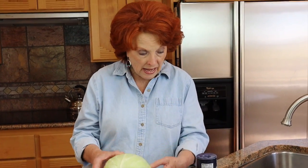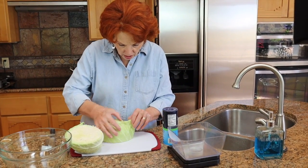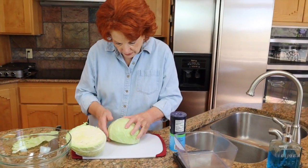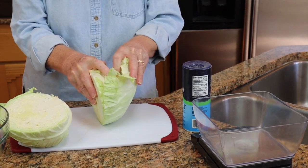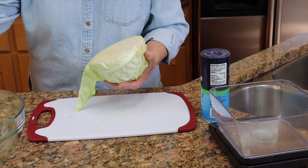So all we have to have is a head of cabbage and some salt, and we are ready to go. So the first thing I'm going to do is just cut this head of cabbage in half, and then I'm going to take off some of these larger leaves because I'm going to want those for a specific purpose a little bit later. And then I'm just going to